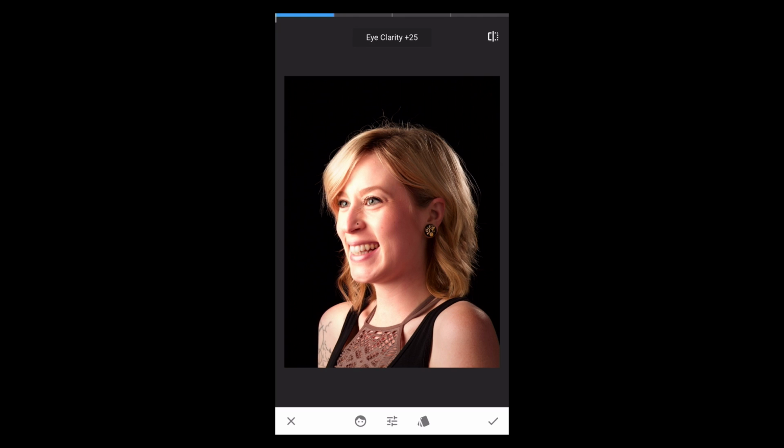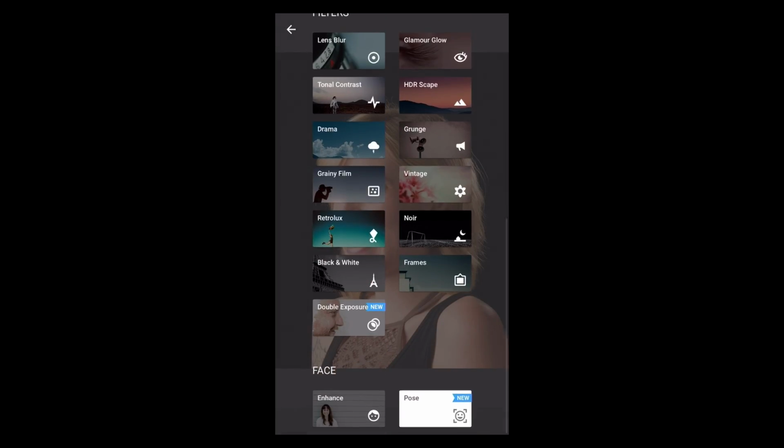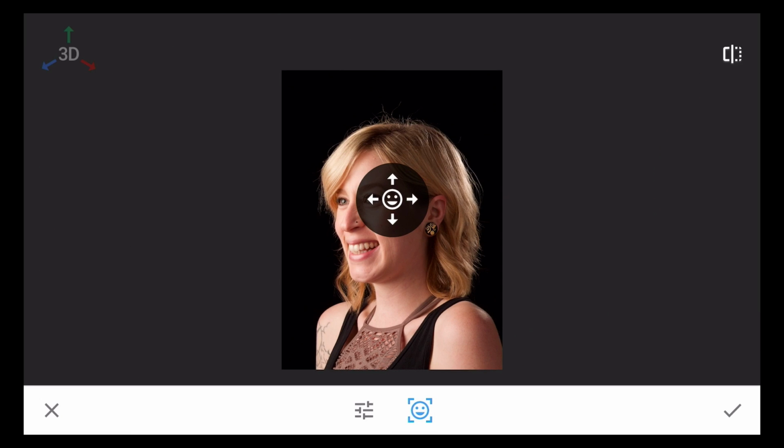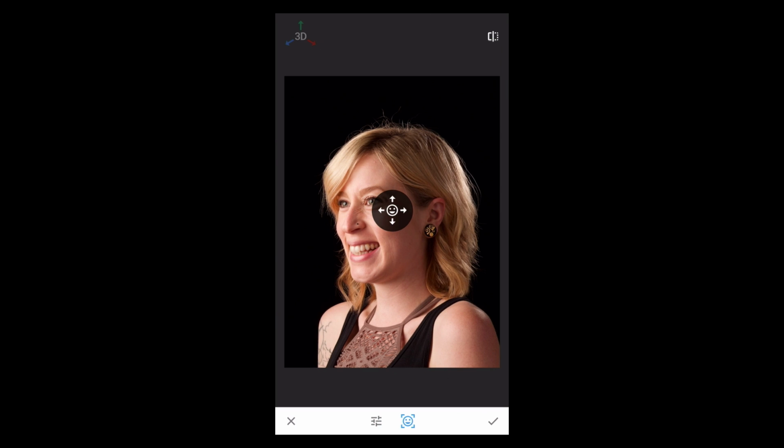Okay, the last one in here, this is gonna make you go, what? This is so crazy. I'm gonna cancel out of this. This last one is the pose one. Notice up in the top left, it says 3D. Can I do it this way? I guess we can do it this way. No, we're gonna do it this way. I'm just gonna tap in the middle of the screen